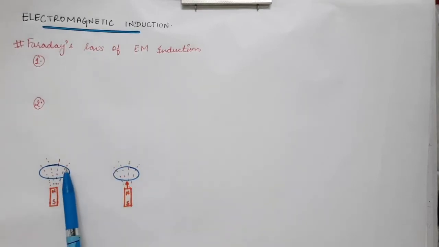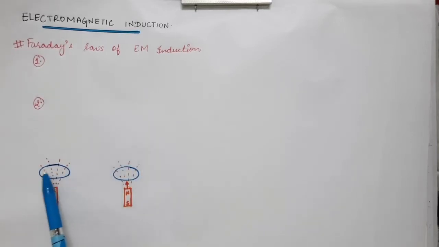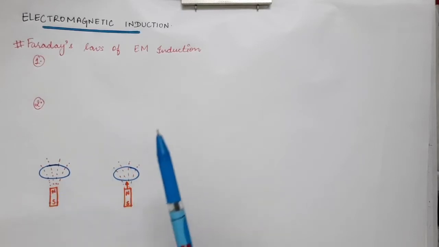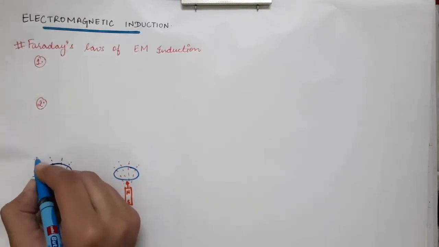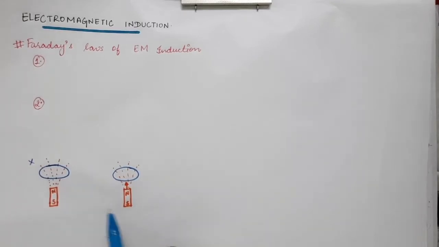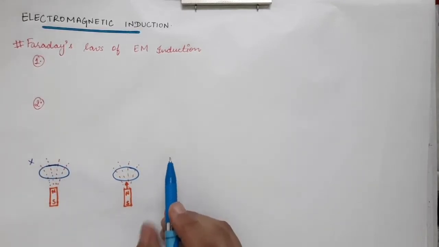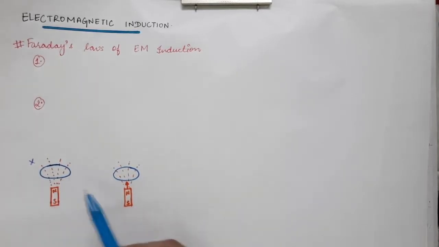Let's consider a circular loop which is made up of a conducting material. So you have a wire in the form of a circular loop and it is made up of a conductor. Now what happens if you place a bar magnet in front of this loop? This bar magnet is stationary with respect to this loop, so in this case, nothing will happen. When you do this experiment in the laboratory, you will see that there will be no current in this loop, because the bar magnet is stationary with respect to the loop.